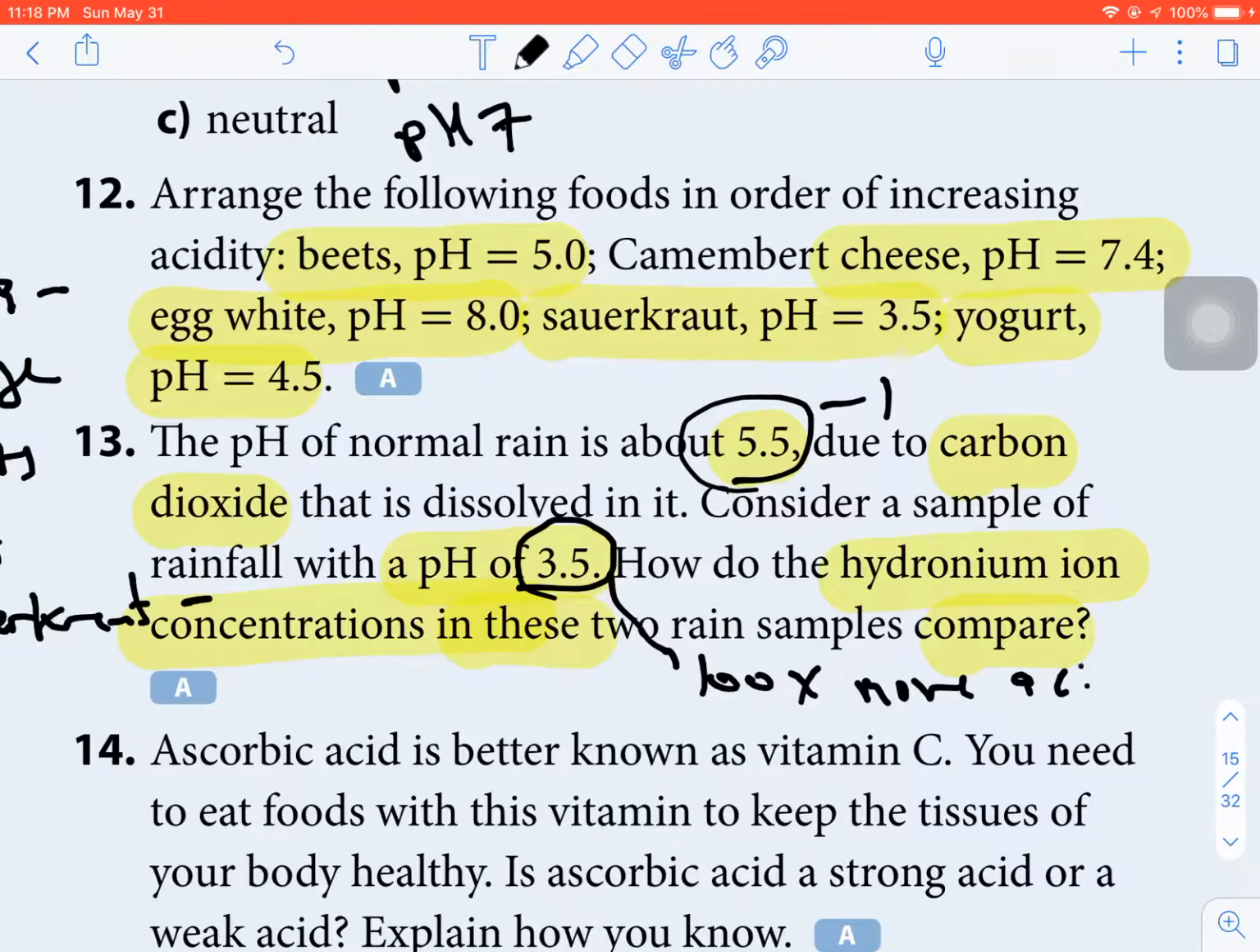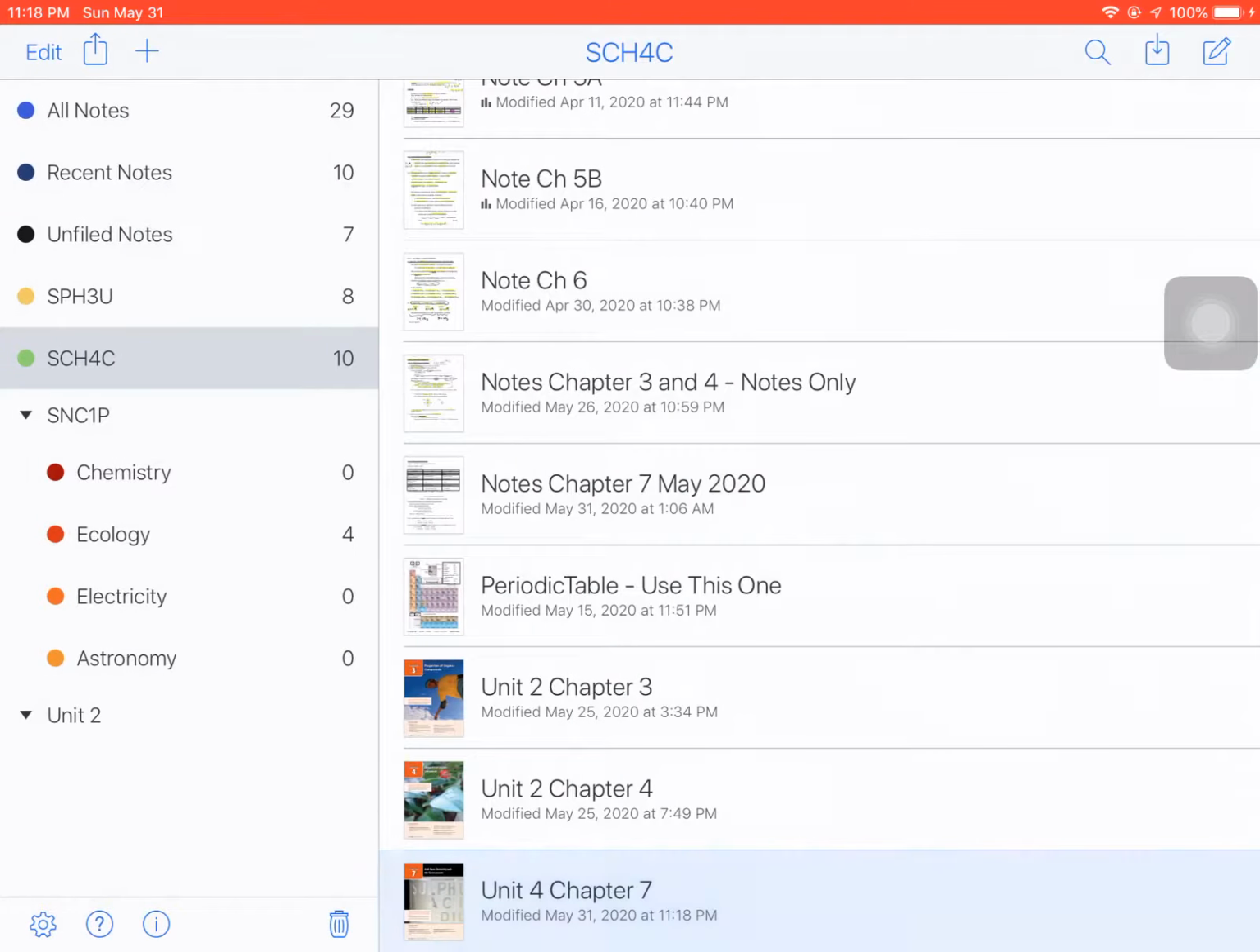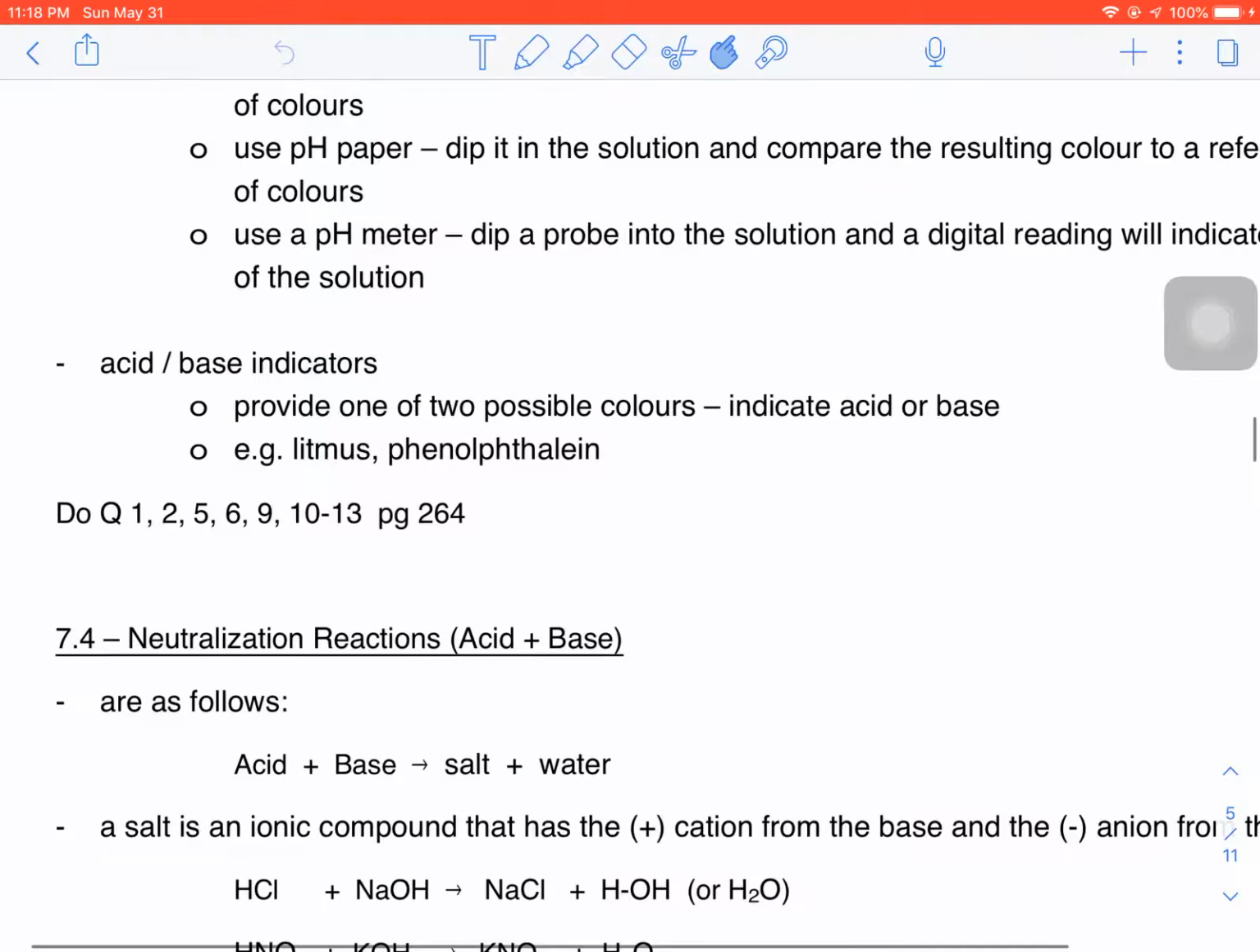So this one here is 100 times more acidic than this one here. Right, the 3.5 is 100 times more acidic because from 3.5 to 4.5 means times 10, and from 4.5 to 5.5 means times 10 again. So I need to go 10 times 10. Okay, so that gets us through some homework and just gives us a chance to be talking about acids and